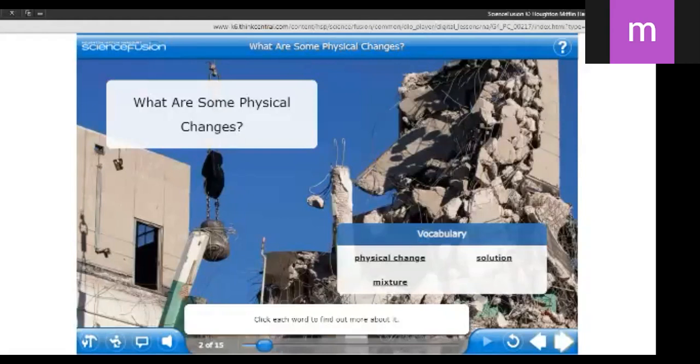Okay, let me share it again. Okay, now. What are some physical changes? No, please don't read. I need you to describe the picture. What do you see in this picture? A destroyed building,